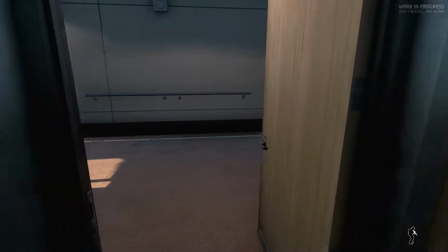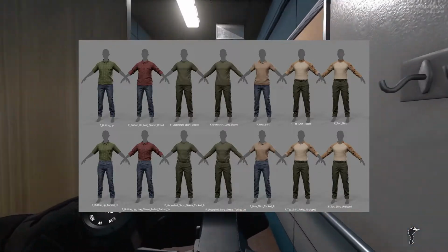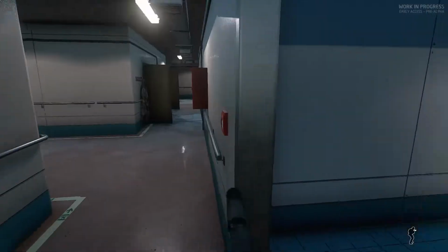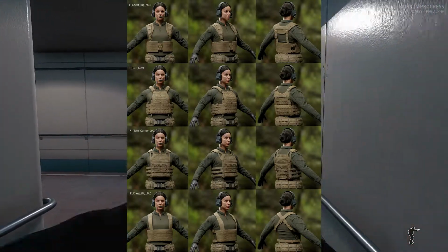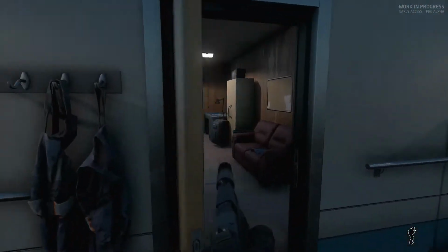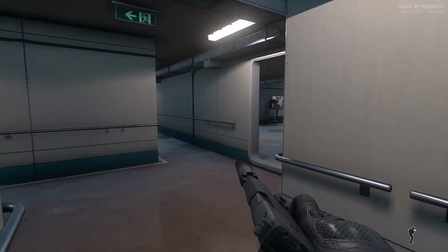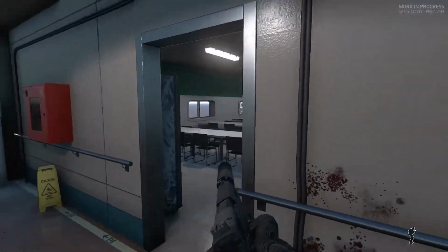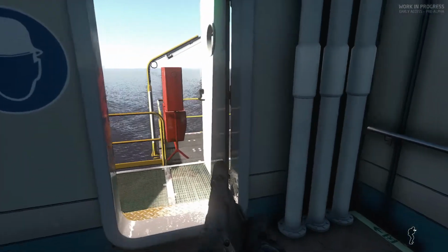In addition, they have a bunch of clothes as well that they're showing off, which of course are going to have to adjust to the new body dimensions, like the chest area, the hip area. And the final screenshot is another overview where a female character is wearing various kinds of body armor and vests, which of course need to be made specifically for the female figure as well, because if not, the chest area of the female operators might stick through the vest that a male character would wear, for example. So all of that is going to require some fine-tuning, some work,